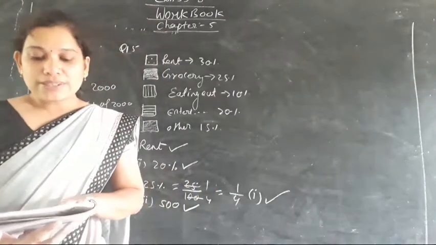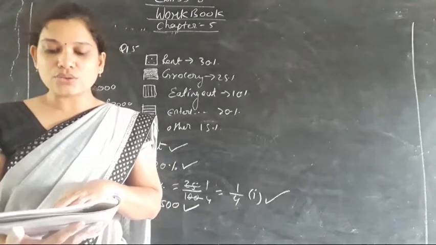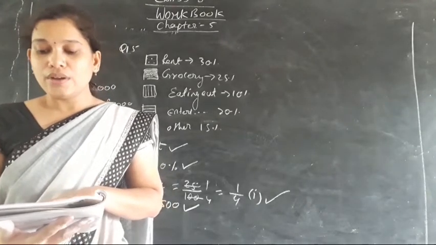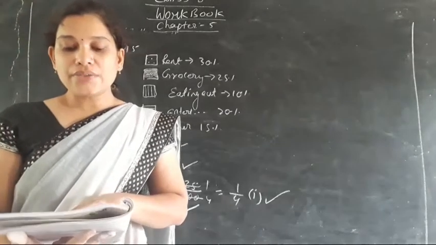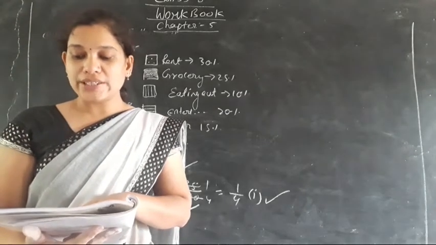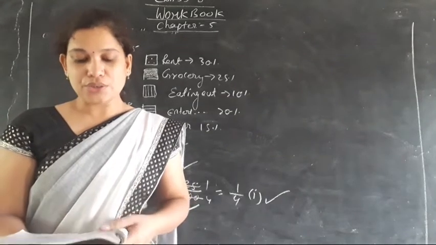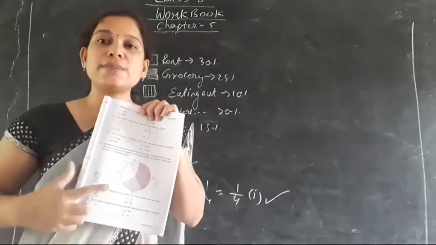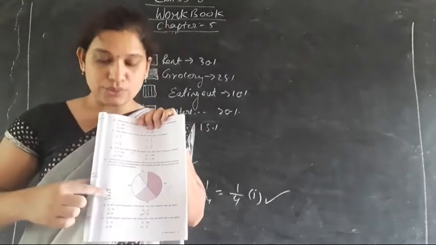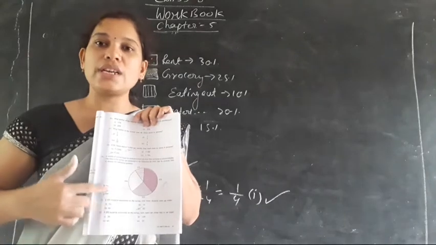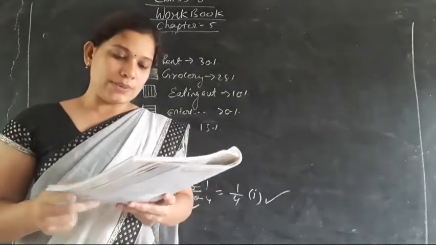Here in the question number 16, it is said that a middle school surveyed its students to find out how many commute to school every day. The data of the survey are presented in the following pie chart. See the circle pie chart to answer the following questions. So here a pie chart is being given and a notation is given, isn't it? Along with the pie chart, a notation is given. After understanding that pie chart, you have to tick the MCQ. So look at what is being given.